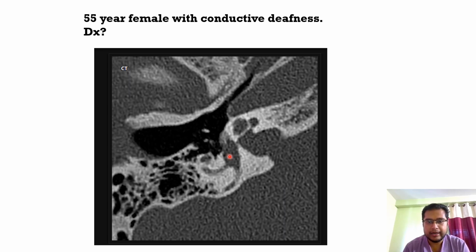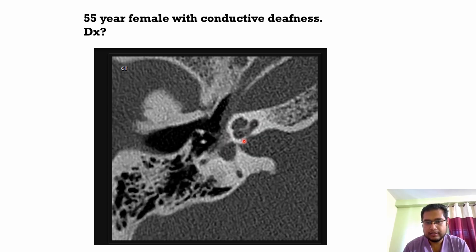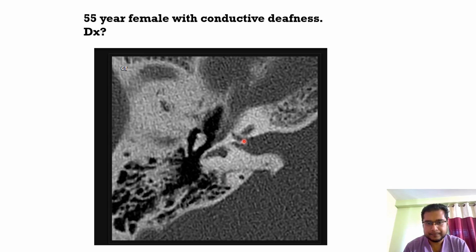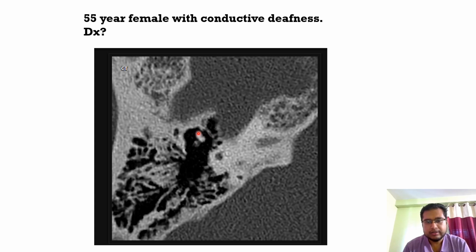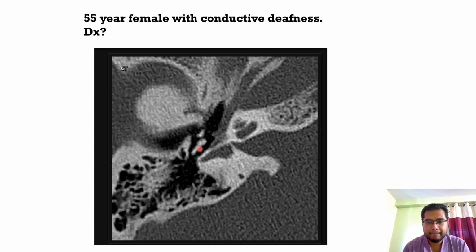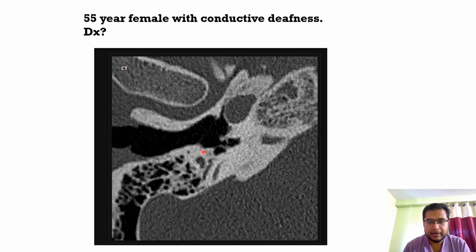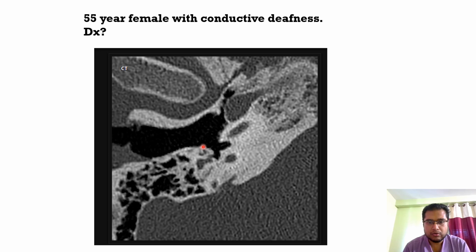Just look at the ossicles. There is some pathology here. Concentrate on that pathology. This is the head of the malleus, the short process of the incus. This is the tympanic membrane again. As you're scrolling up,